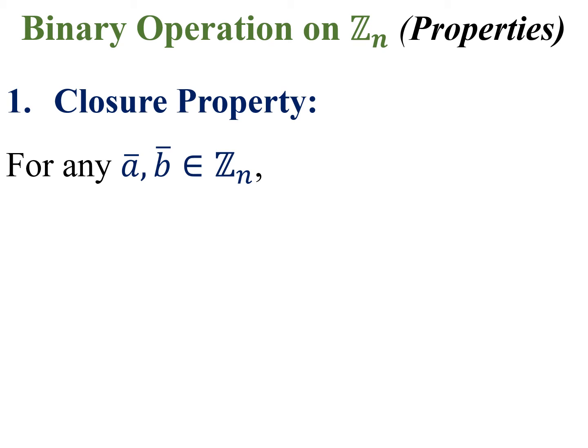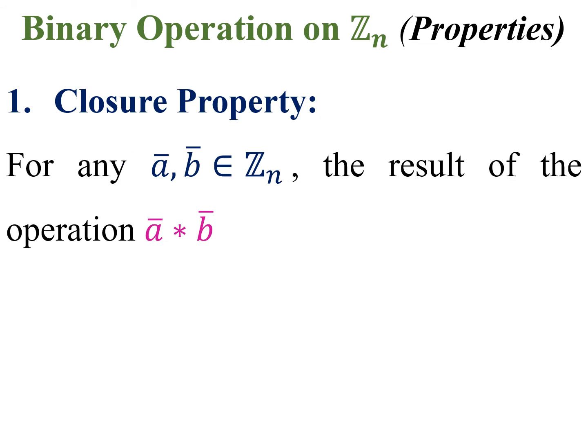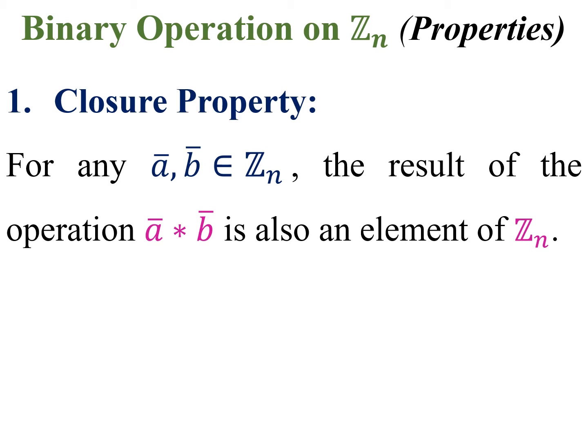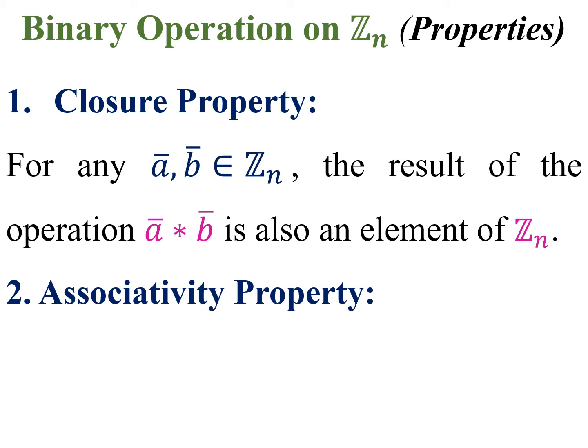For any class of A, class of B belongs to Zn, the result of the operation star, meaning class of A plus n class of B and class of A cross n class of B, both are elements of Zn again. Second is the associativity property. Associativity property means when we apply any binary operation on Zn, that means addition modulo n or multiplication modulo n, on three elements of Zn,